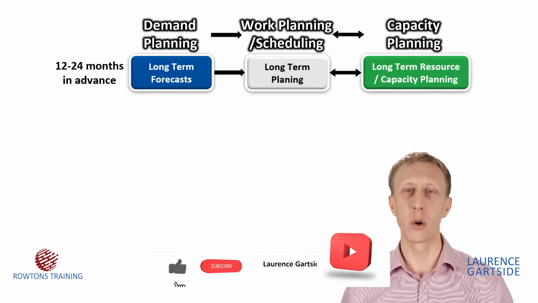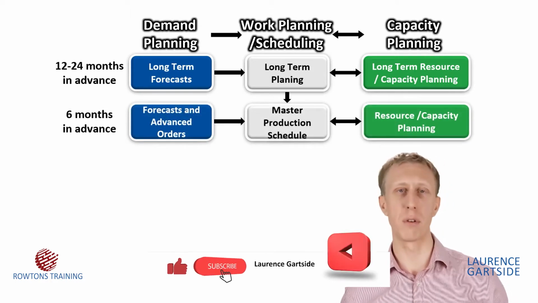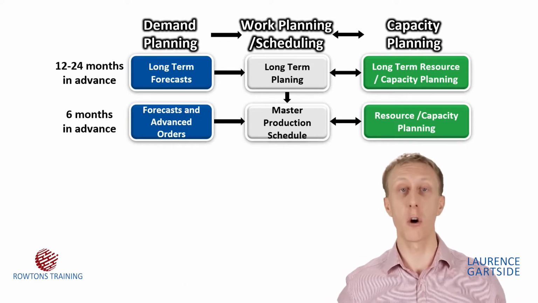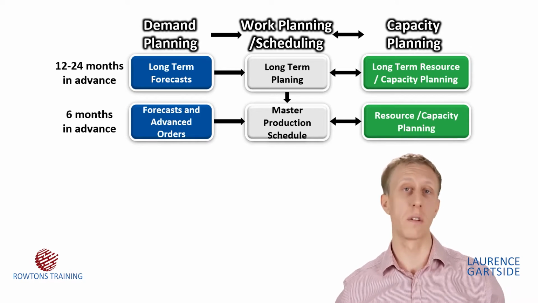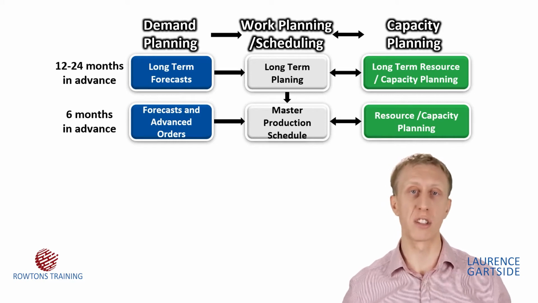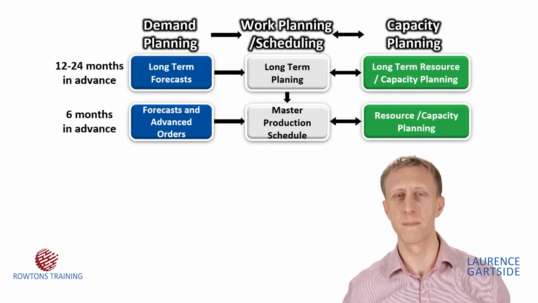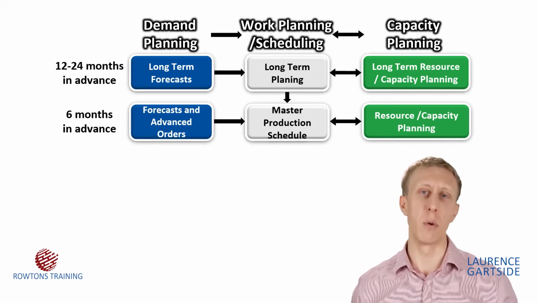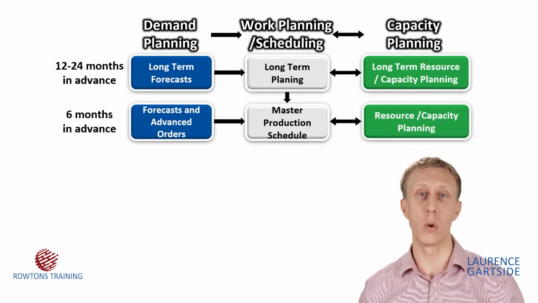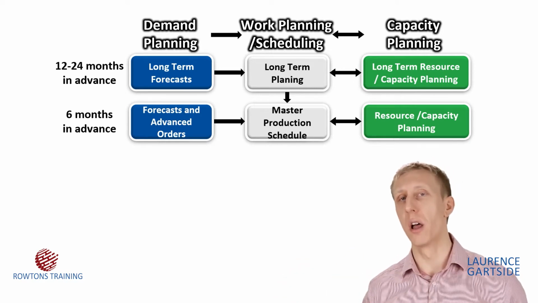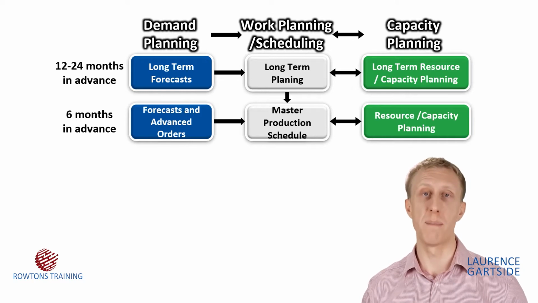Simultaneously, we need to be looking into the medium term to do a similar process. We now have a much clearer idea of our demand, a combination of a good forecast based on much more recent data and maybe a few advanced orders are already in too, giving us a bit more confidence. On the other side, our resources and capacity will be clearer with more certainty of what we've got to work with and less flexibility now to make drastic changes. Both sides feed into making a provisional Master Production Schedule, MPS.